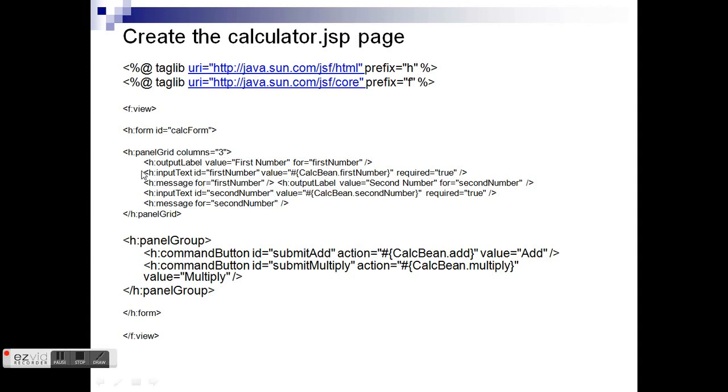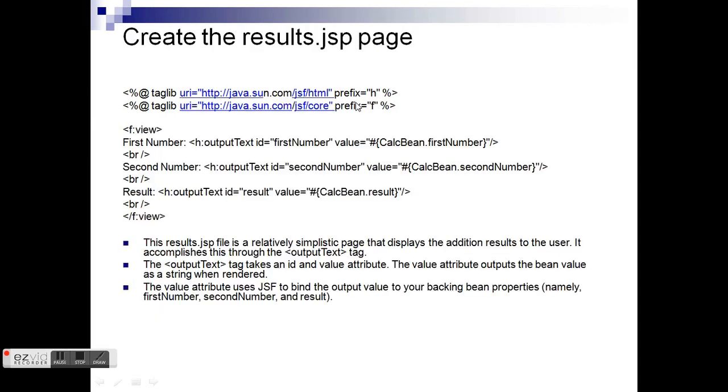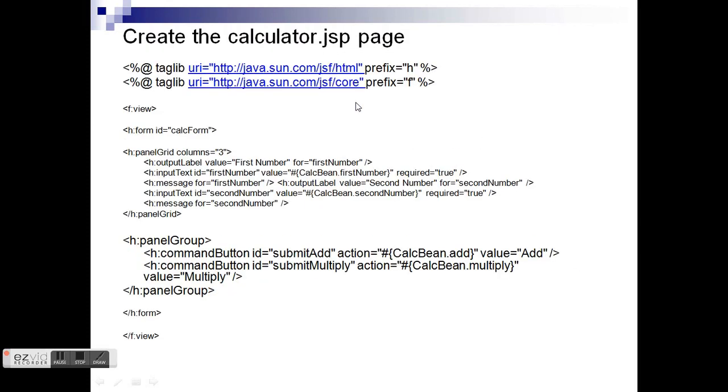See here we have the front end, where we have a text number. Now we are doing the mapping directly. This is the taglib, where we are using the JSF core functionalities. We write java.sun.com JSF HTML, so we are accessing the JSF tags, those are HTML tags. We are accessing from the f prefix, that is our core tags.